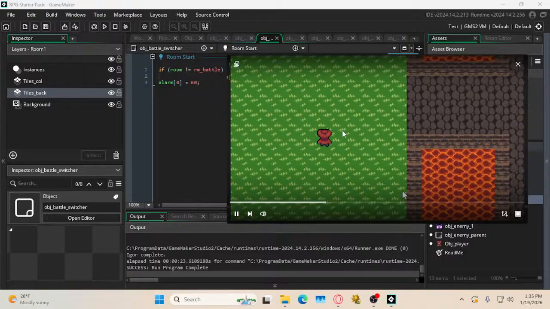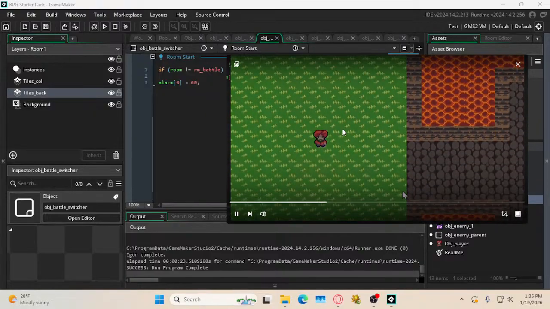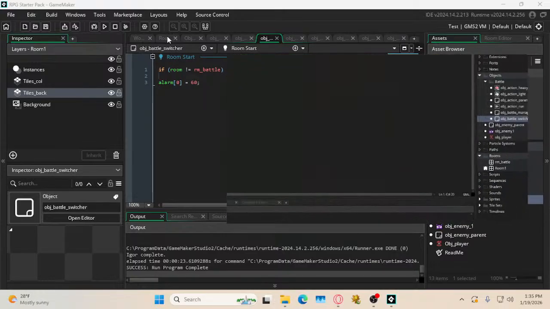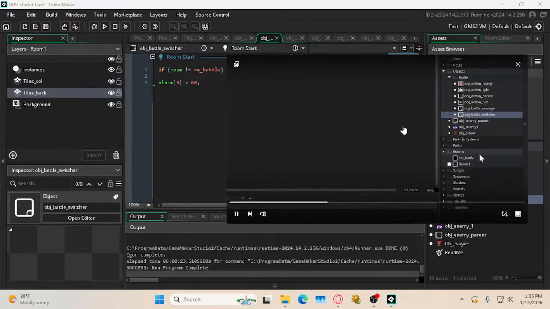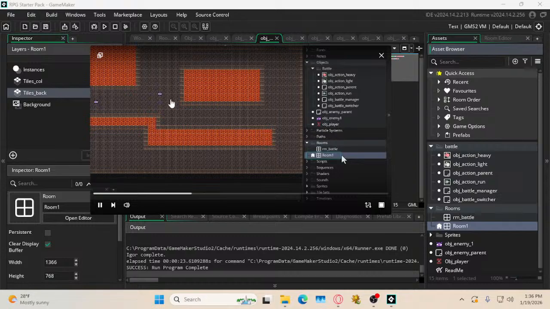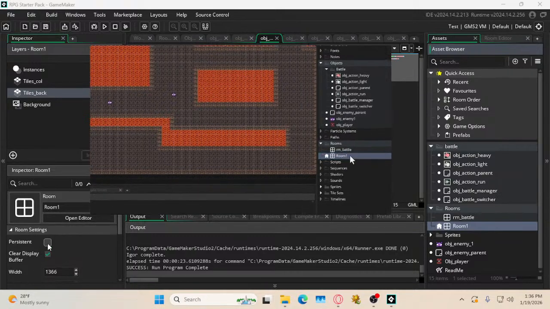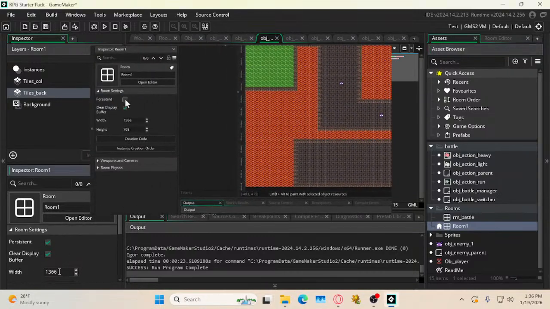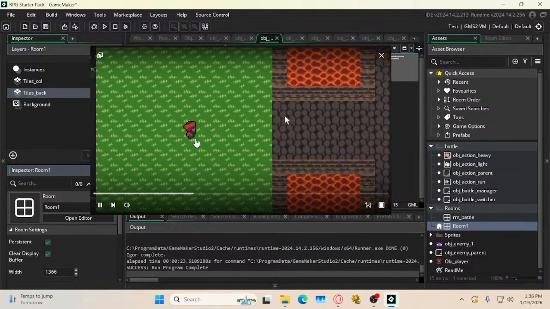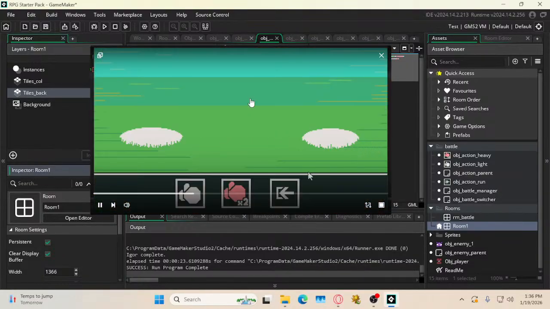The problem now is that the game room has restarted. It has forgotten where we were when the battle started. To fix that, go back into GameMaker and click on your game room, which for me is room 1. Go into the properties and enable the persistent option. This way it will remember where everything was when you leave the room and come back. So now in the game, if you start a battle and come back, you